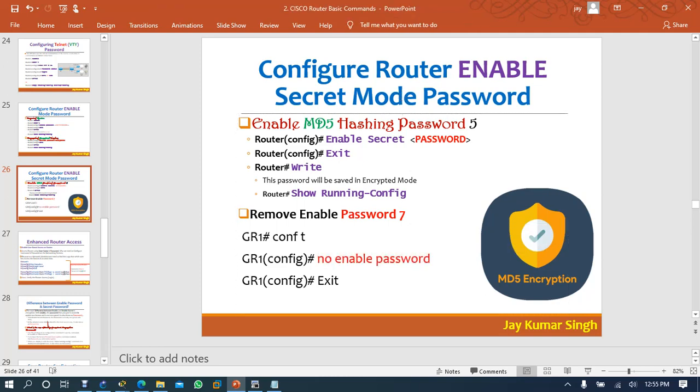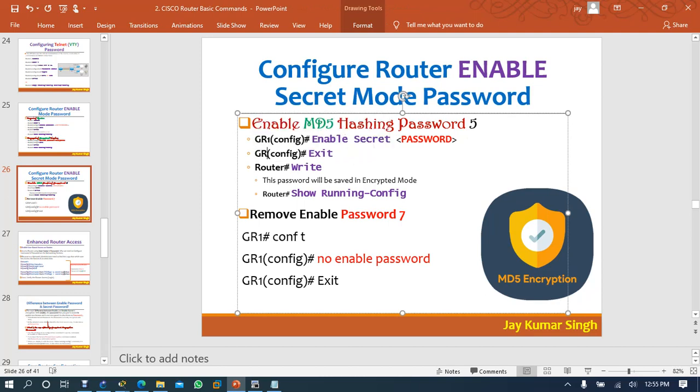If it is at this secured level, can you erase the configuration? Yes, you can erase it, but before that you're not having access to the router itself. How do you erase it? Let me come here.